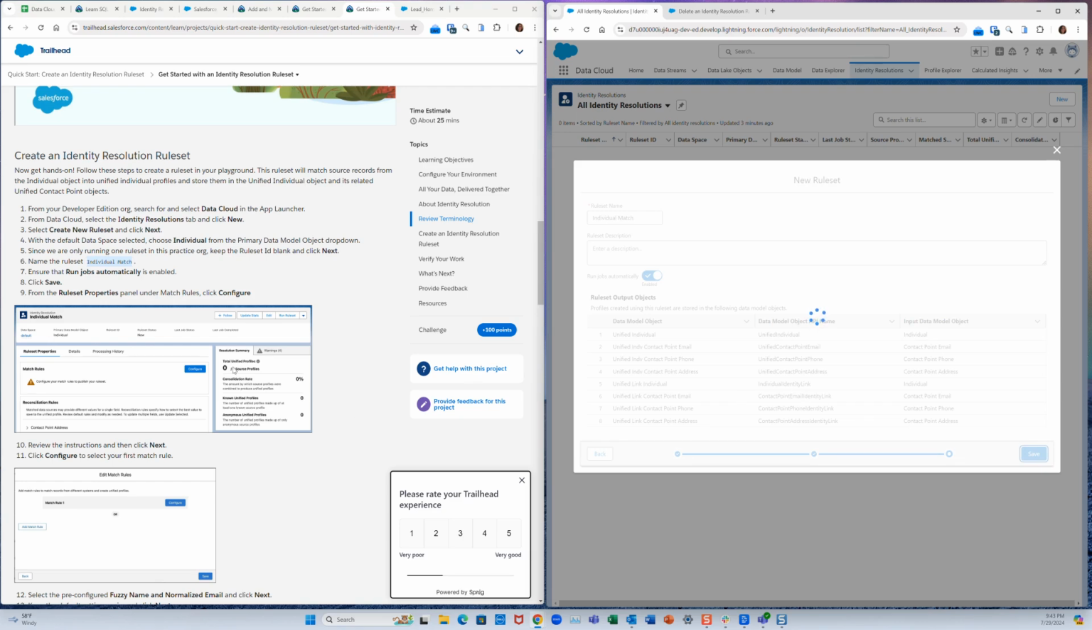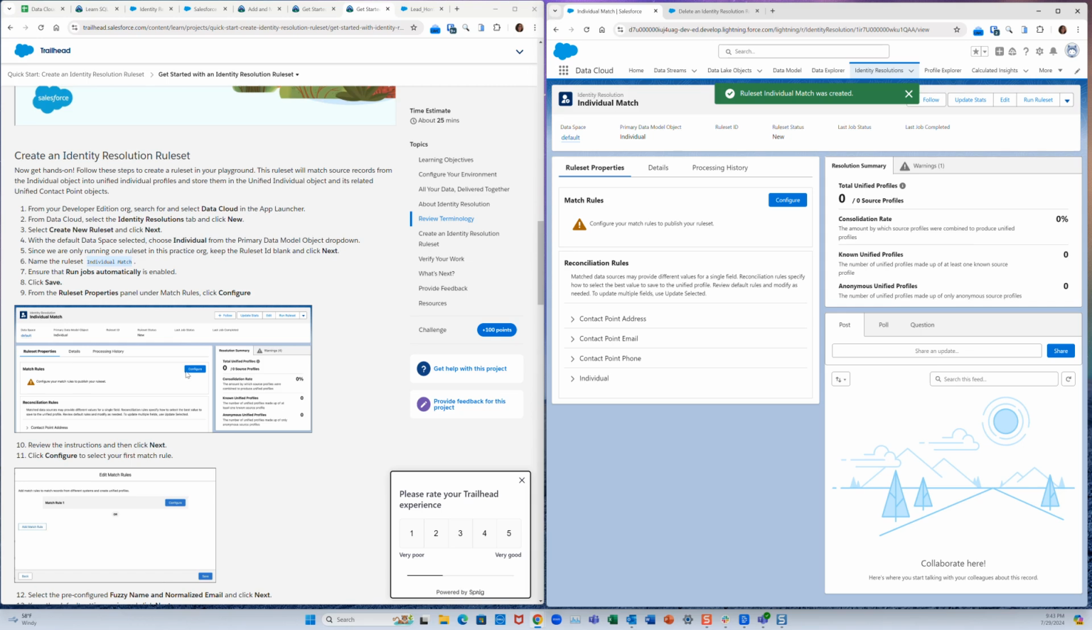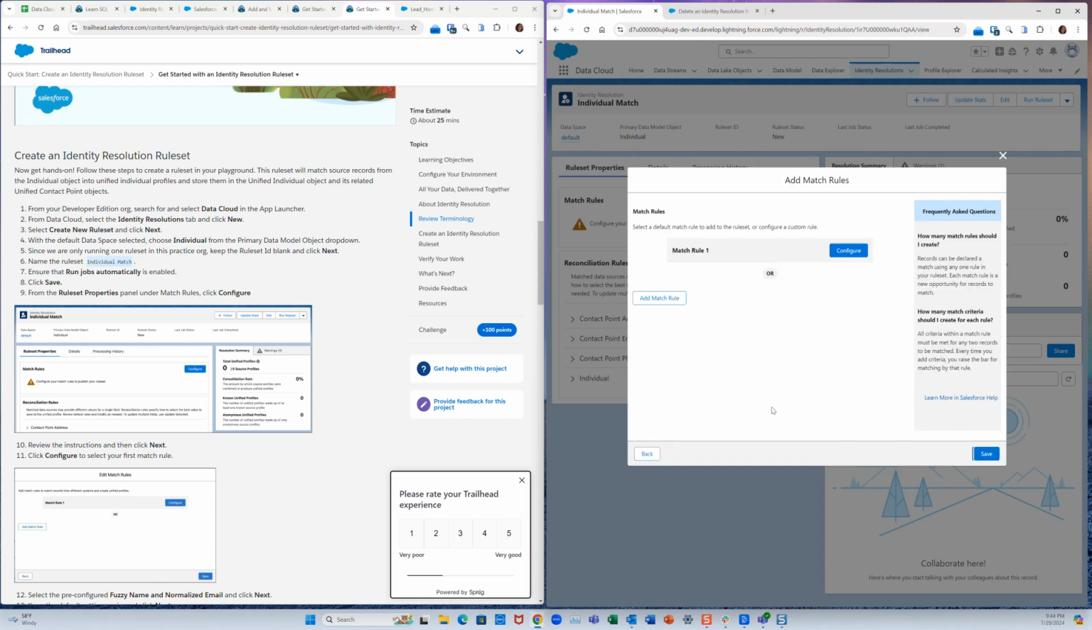In the next screen, we will see the area where the resolution summary and the consolidation rate will be after we define the match rules and the reconciliation rules. So these two things together are what are known as a rule set or an identity resolution rule set. So here we are, the match rules will be defined here, the reconciliation rules will be defined here, and altogether that will make a rule set. Over here we have our resolution summary with our consolidation rate, which hasn't done anything yet, so we need to configure the match rules, and